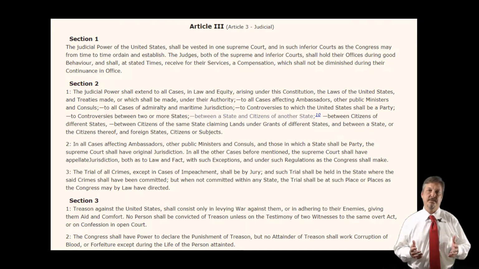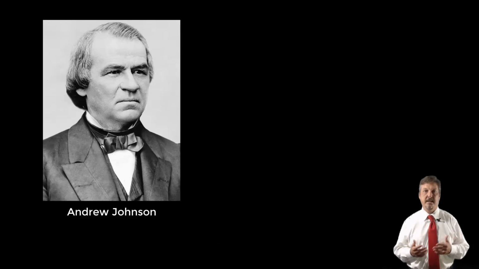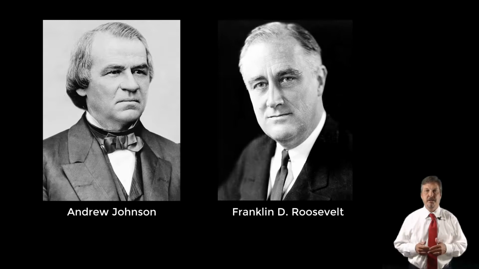The Judiciary Act of 1789 set the number at 6. It rose to 7 in 1807, 9 in 1837, and 10 in 1863. It was reduced to 9 again in 1866 in an effort to prevent President Andrew Johnson from appointing new justices. President Franklin D. Roosevelt sought to expand the number in 1937 but failed to persuade Congress. When we discuss the role of the Commerce Clause during the New Deal, you'll see why President Roosevelt advanced this